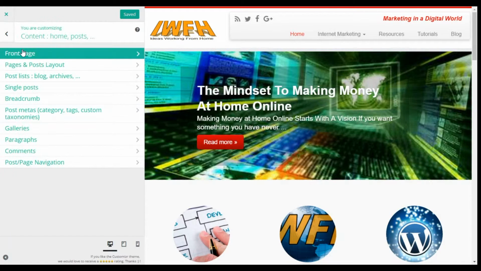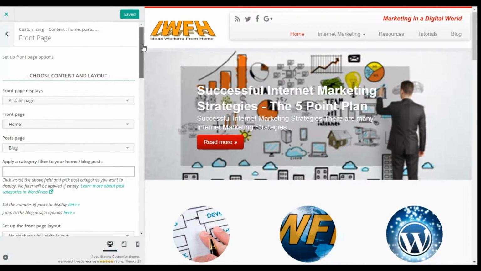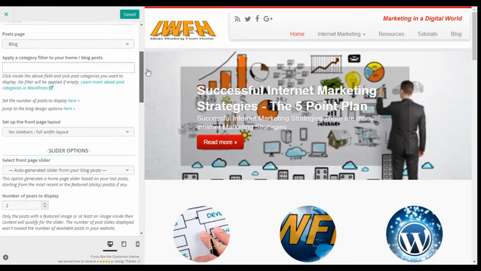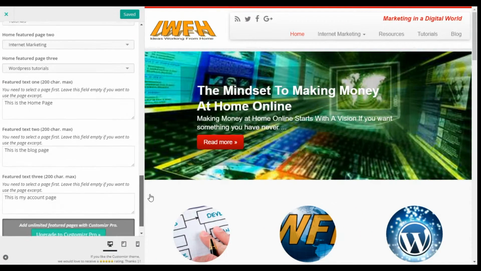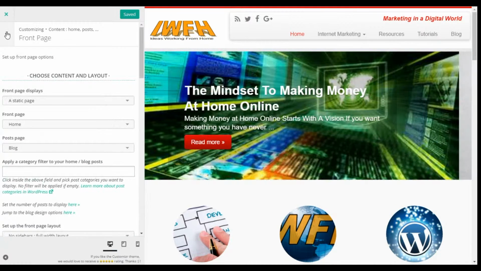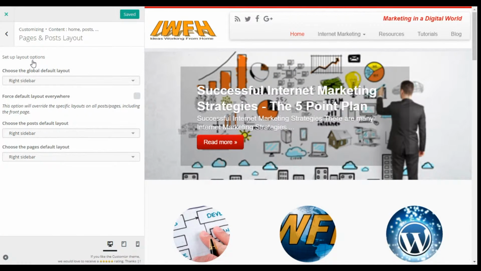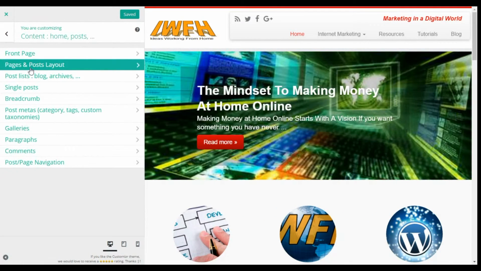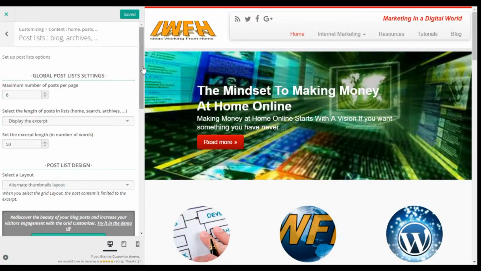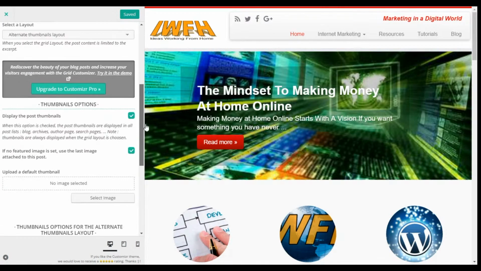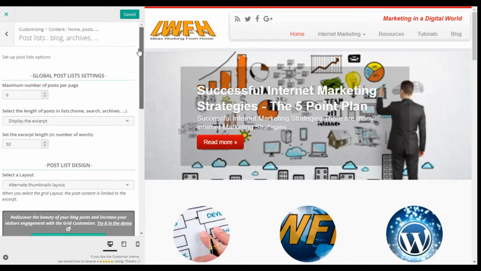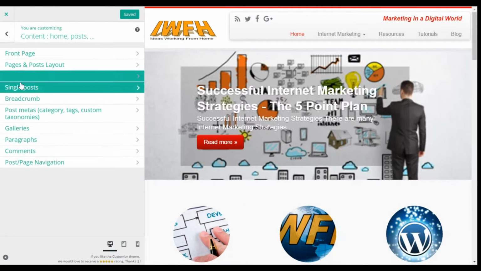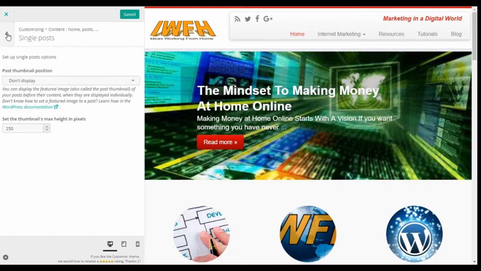Moving on to content, home and posts, a number of options here. First one being front page, how you would like to see that. You can see a load of options to look at and select. Pages and post layout, a few options here. Post list and blog and archives, a few options here worth looking through. So as you can see already, there's a number of options for this theme to help tailor it to your needs. Single posts,